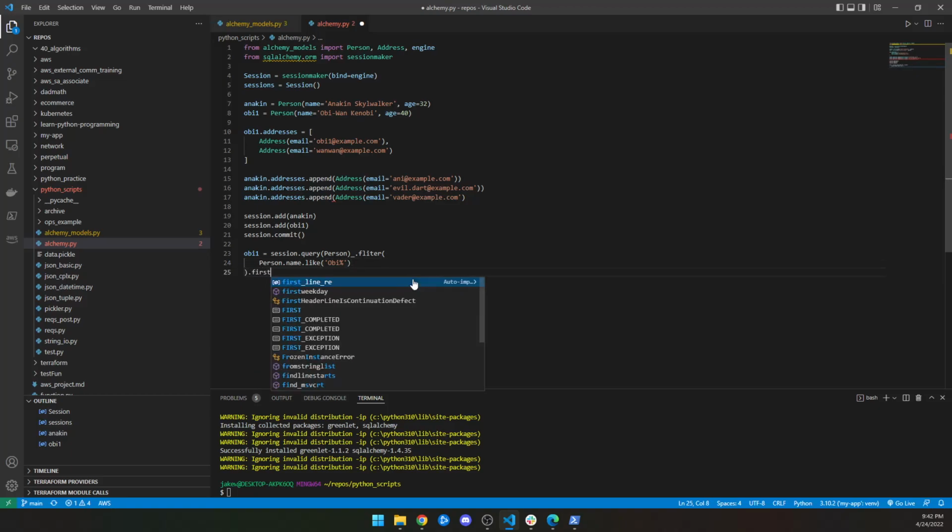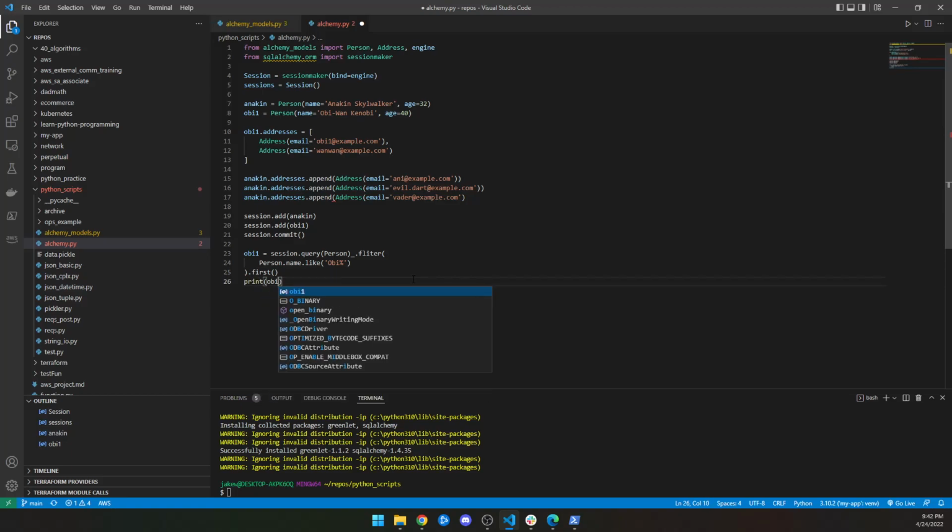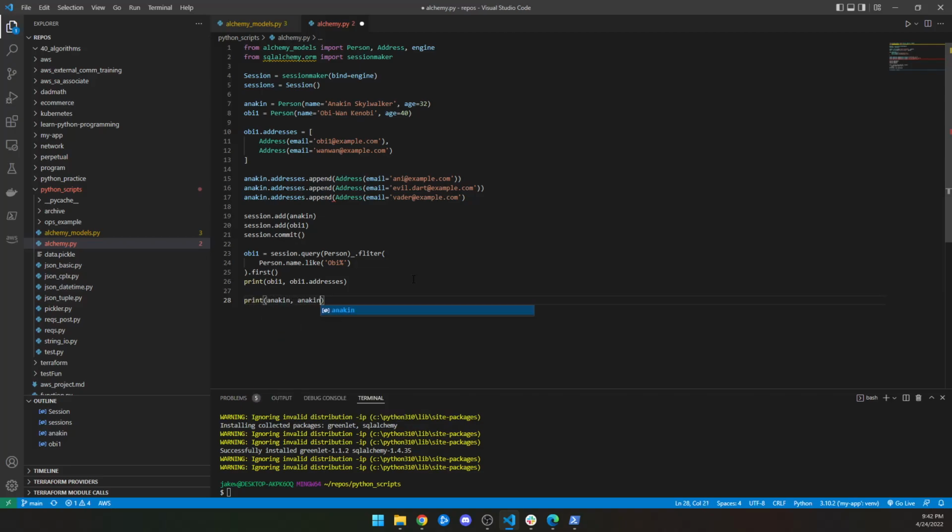And then .first, and then we could say print ob1, ob1.addresses, and that should give you that. And then you could also print Anakin and Anakin.addresses,